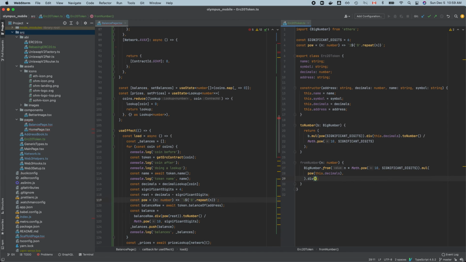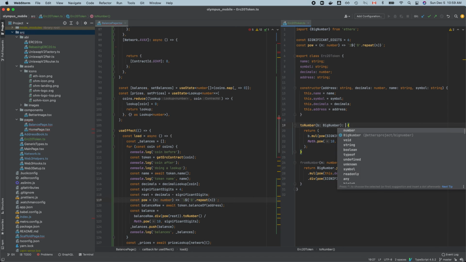So div, and then I'm going to have pow, significant. I think that'll pretty much work, if you return this, and this returns a big number, and this returns a number,